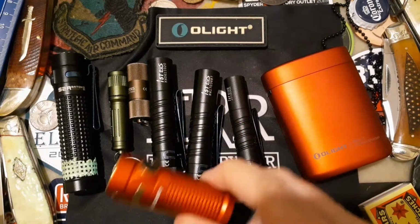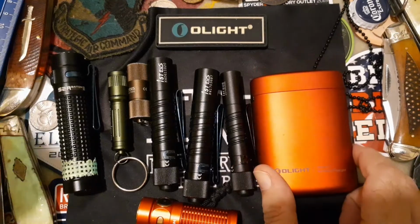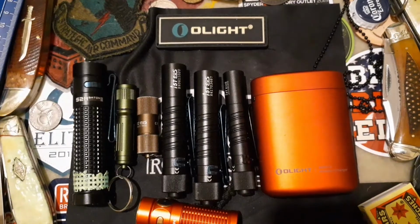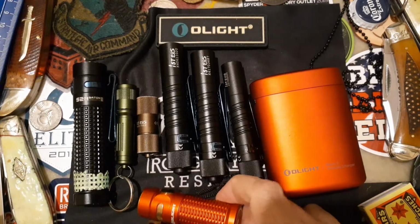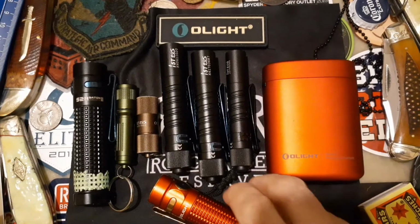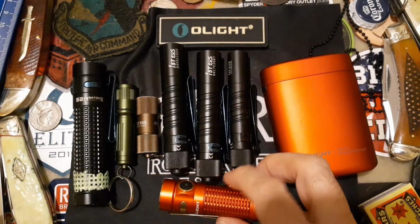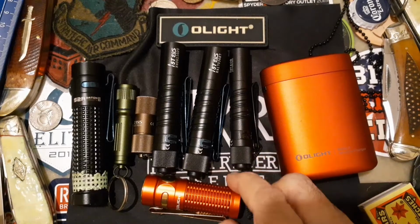So this is not going to be one that does a lot of tests outside and shows you all the difference and everything. It's just basically just to show you that, for me, someone that's used flashlights most of my life, this company has impressed me with their products. Now, yes, they are made in China, but so are a lot of things. Now, I haven't owned a Phoenix, which I heard those are not bad, or a Nightcore, but basically these have